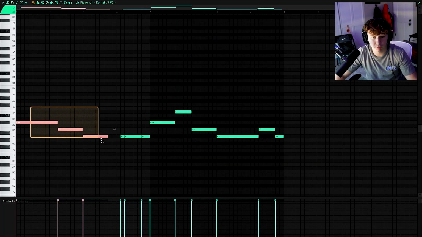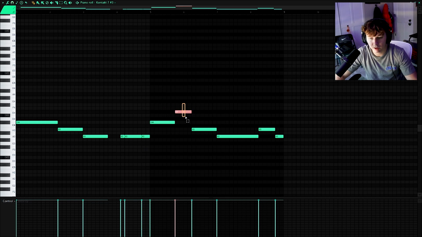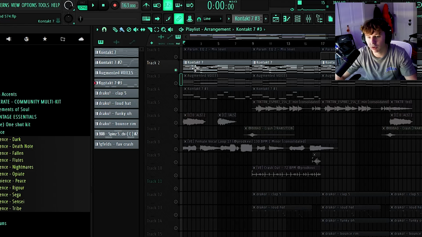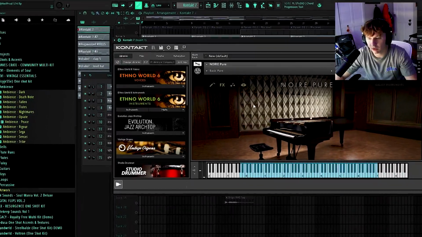I mean, it's pretty simple. Like I said, I just followed the root notes. And then right here, I put a little like doon doon, so it drops again. I forgot to go through all these presets, but for the piano, I just used the pure basic, or the